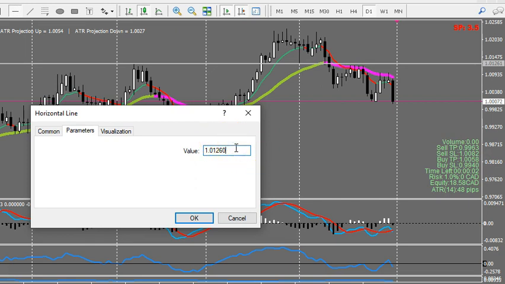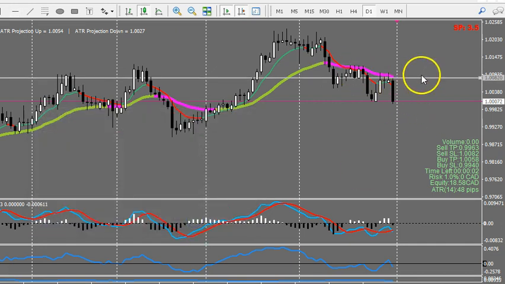Okay, so 10082, there we go. Click on OK. So there's my stop loss for my entry. Okay, my sell take profit, TP, at